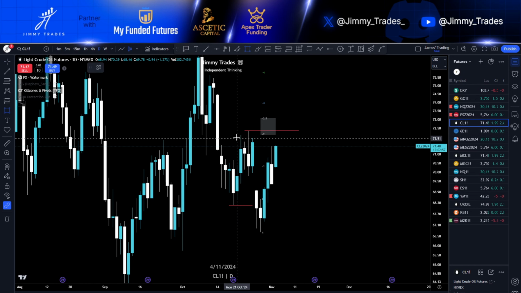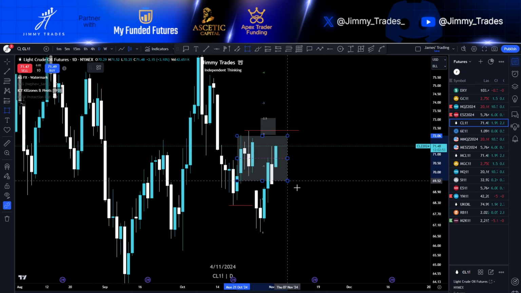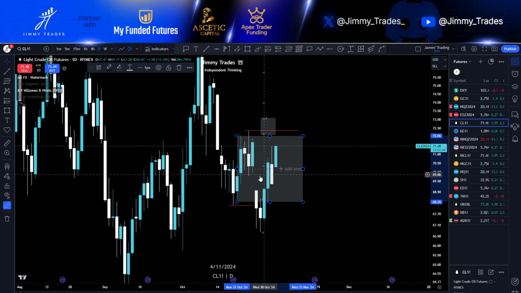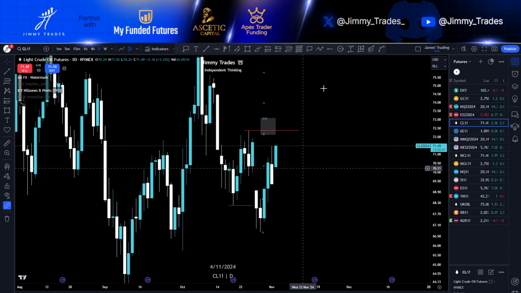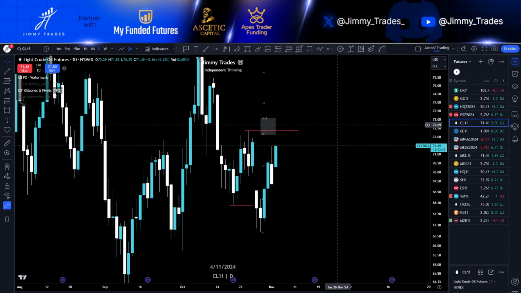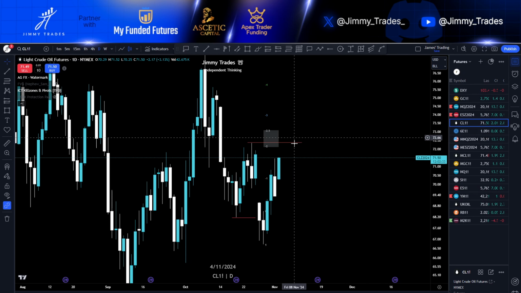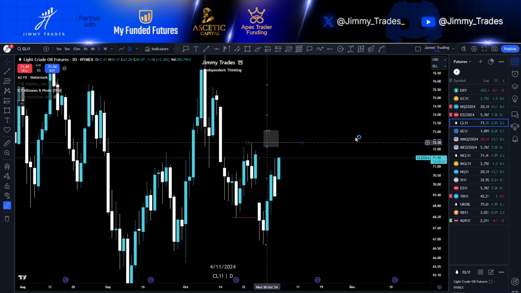If price has a willingness to continue to move higher, we may see a close above this breaker, which would then see a bullish unicorn, and we can target potentially these highs up here. So I'm going to remain bullish,